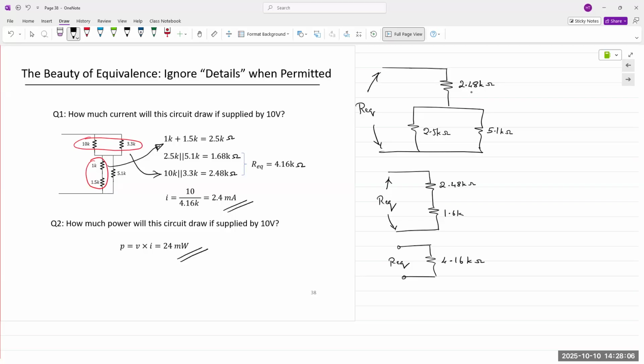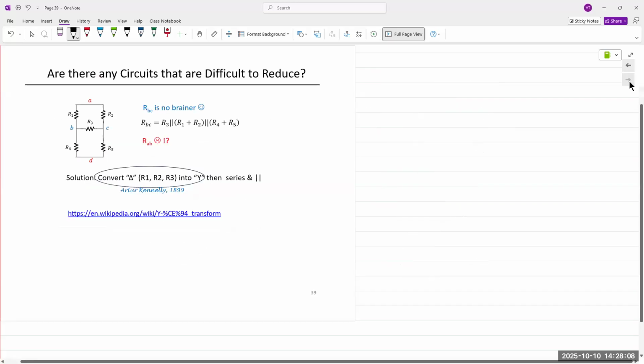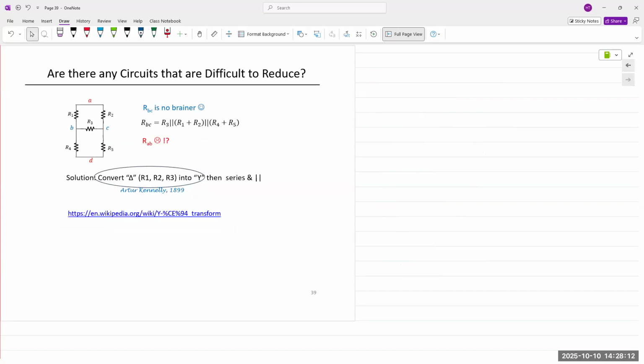Okay, all right, so no questions. Let's move on to something like this. The question is, are there some circuits that are difficult to reduce? The answer is absolutely yes. Real life circuits are very difficult to reduce manually. You must perform some tricks and transformations. So let's first look at